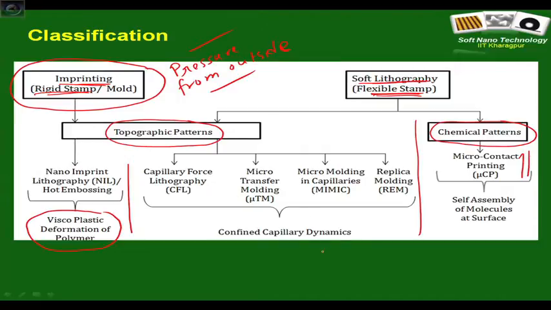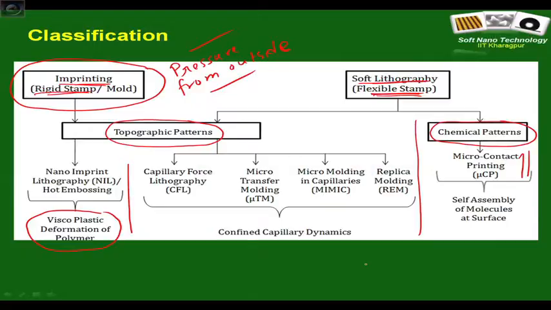As I mentioned, it is not that you cannot also create chemical patterns by this method or that method, but each of the methods has certain uniquenesses, and that is why I have identified only these 5 methods, including nano imprint lithography, because if you understand their basic operational philosophy, you sort of understand most of the methods. Of course, if you are a practicing researcher in this area, you will come across very many different names, but you can immediately identify two things: which method it is closest to, and how exactly it is different